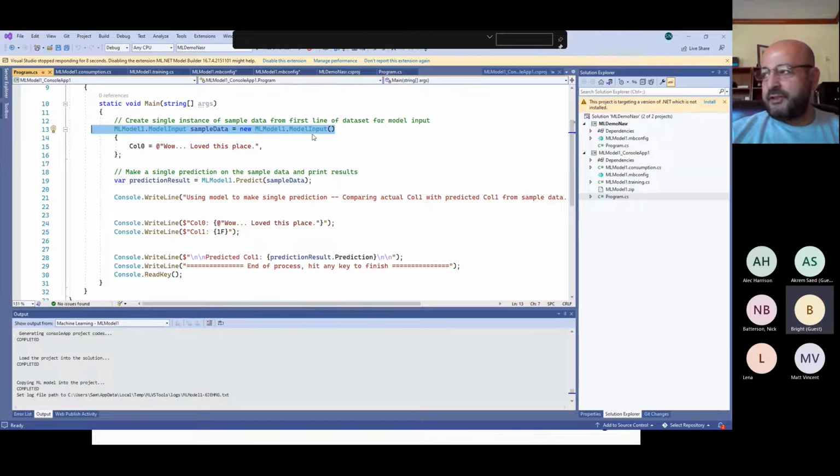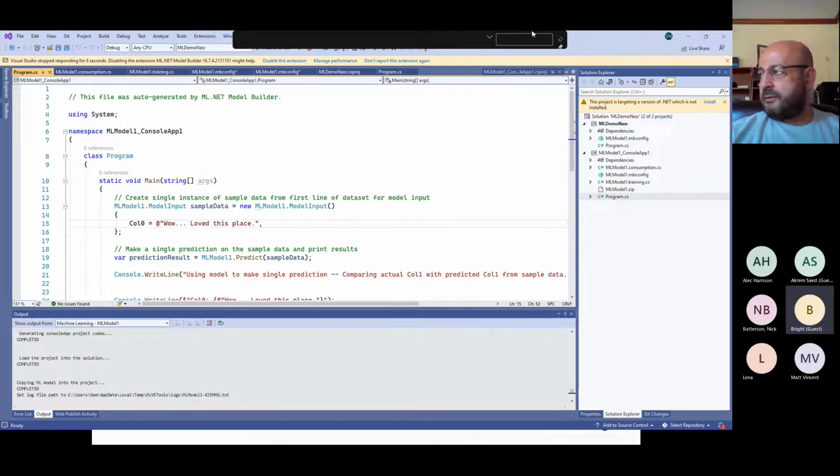Excuse me, let me rephrase that. We're instantiating the model input, and then we're giving it a value of, "wow, love this place." So by default, this is the first column that it's using. And then after that, it's going to run through the prediction model. And I'm passing it the sample data, which is what's defined here. After that, I'm going to display the results in the prediction result.prediction. So when I run my application,